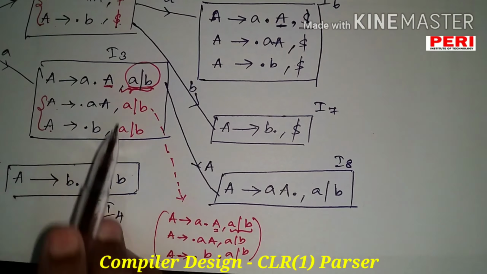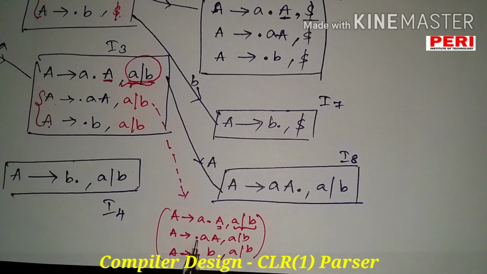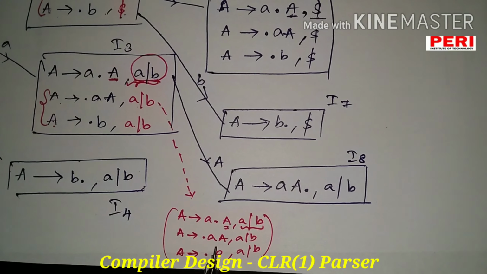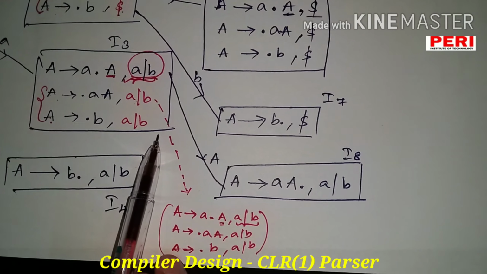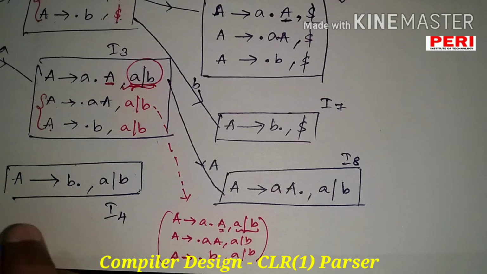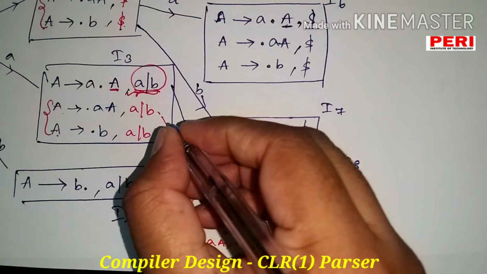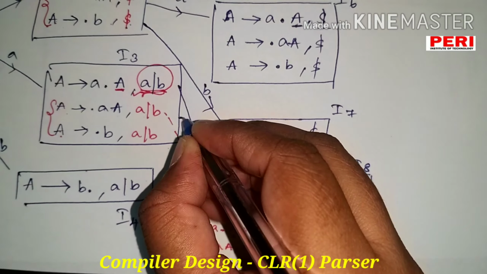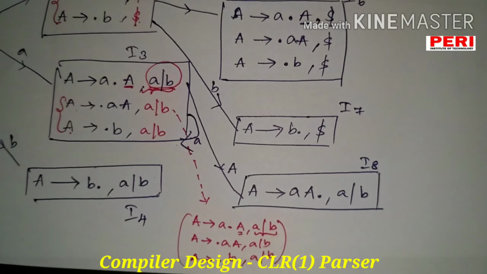Look at these two states. These two states have the same value. As I told you in the previous LR, if you are having the same values, instead of making new states, you can reduce the states by making a loop over there. So for this production, if I work on it, I will get the same value as I3. Therefore, I am not going to do it again. I am going to just form a loop here and specify it as small a.